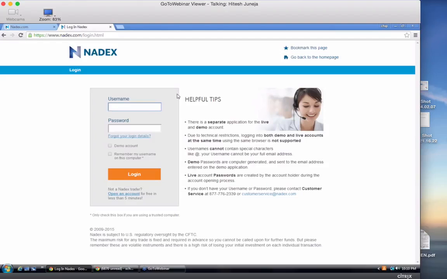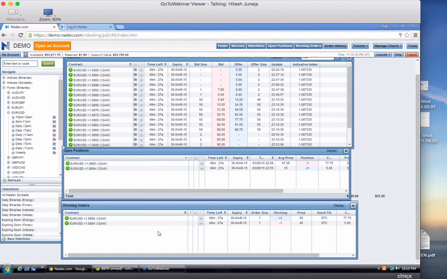And again, I want to clarify the stuff that Chip was doing on the screen there. He was trying to show you guys the process of setting up a working order. You're not going to be doing these things blindly. Chip was just showing you how it's done. That's why he's just setting it up. But when you're actually taking a trade or setting up a working order, you're going to do that reasonably after looking at the signals issued to you or by doing the market analysis. So you won't just go in there and say, oh, this looks like it's far enough away from the current price, I'm going to take it.